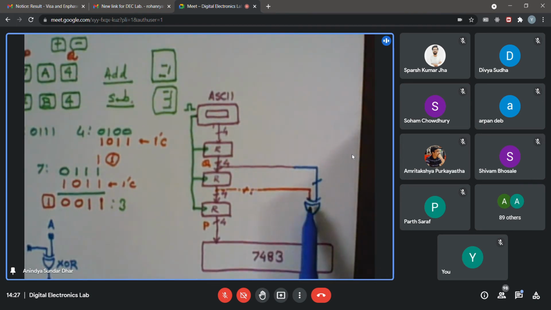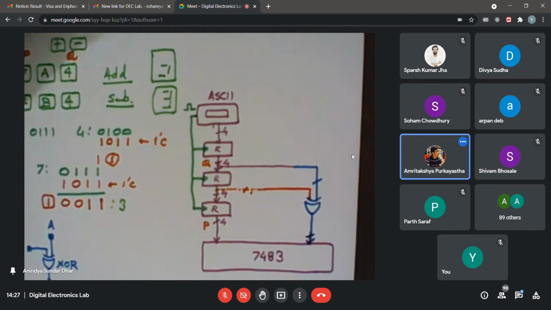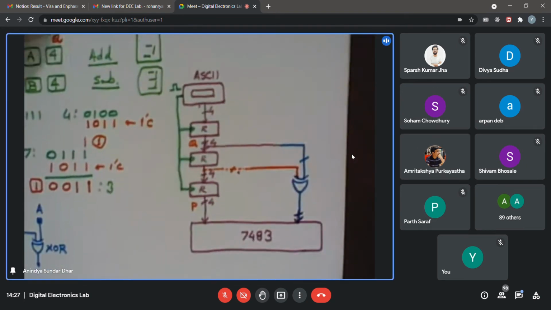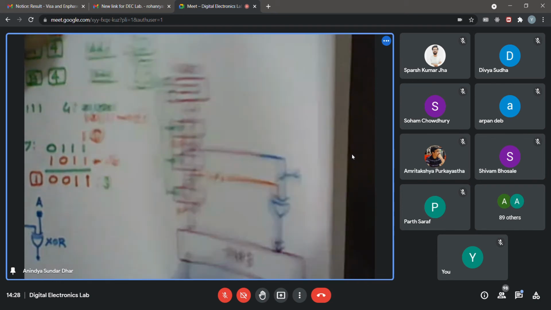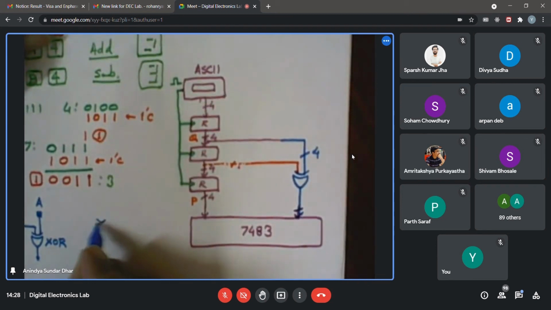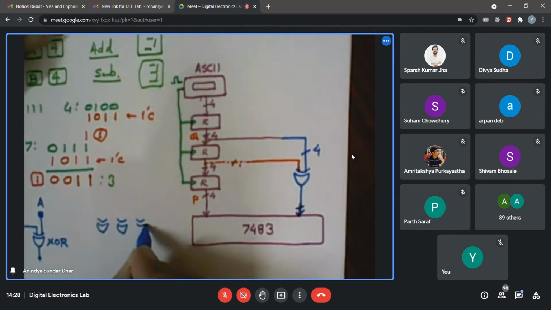I have drawn an XOR gate. In one case I have shown a bus symbol. In the other one I am just showing a single line. So how do you interpret that? Line to all the XOR gates. It is actually a shorthand notation showing that there are as many 2-input XOR gates as the width of this bus, which is 4 bits. So let me just explode this view. There will be 4 XOR gates.